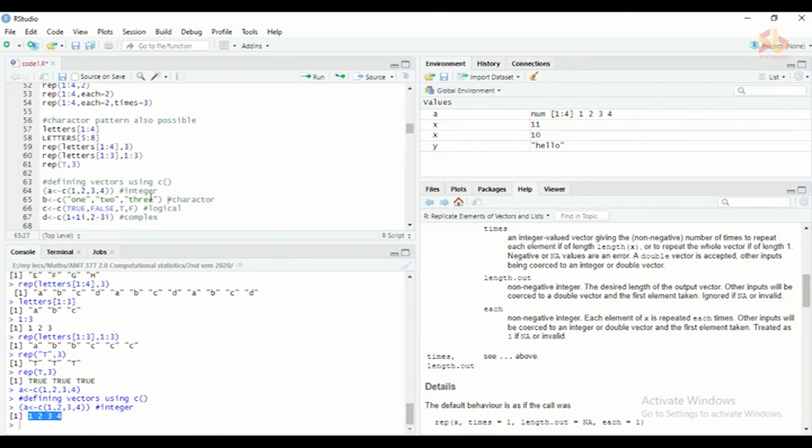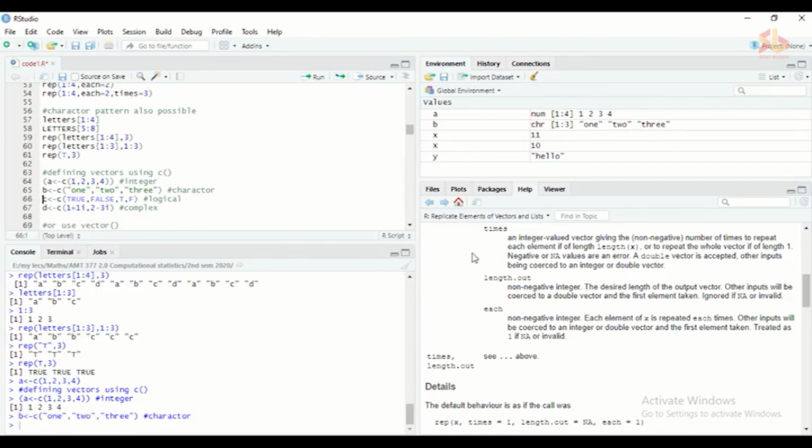So now you can see simple b, a vector with characters 1, 2, and 3. So it is a character string. You can see a is a numerical vector, and it has 1 to 4, which means it has 4 elements. And b is a character vector, that is why it is chr here, and it has only 3 elements, and these are the first few elements in that vector.